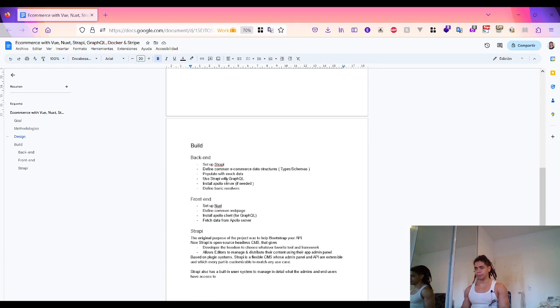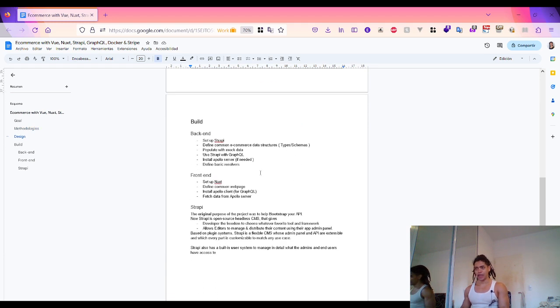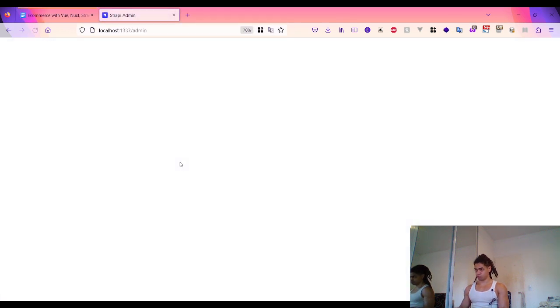Okay, great, because now that we have already set up Strapi, we can mark this as done. So this is done: set up Strapi. Okay. Now let's go to defining common e-commerce data structures. Okay, so by navigating to this URL,